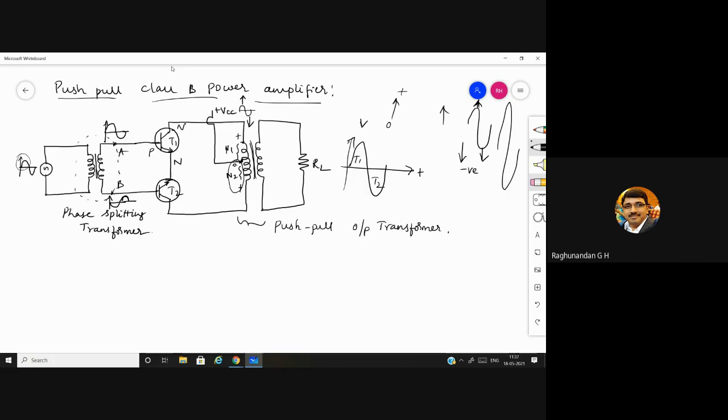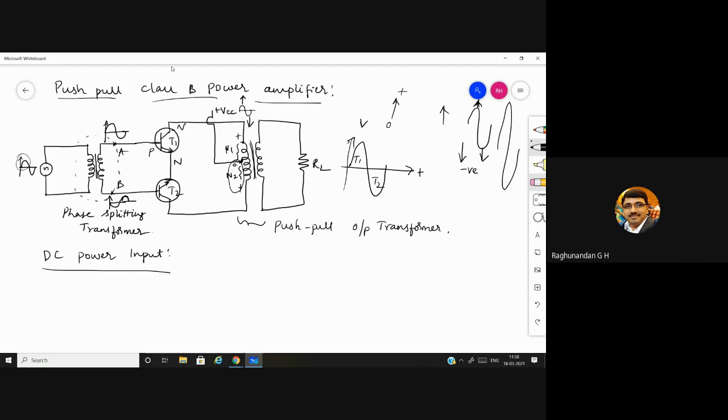What is the first step in efficiency calculation? Usually we do... So we have to find PAC and PDC. In that, which is the first step? DC power, so we find it first. We need to find out the DC power. So is this DC power an input or output? Input, sir. Yes, so it is the DC power input.